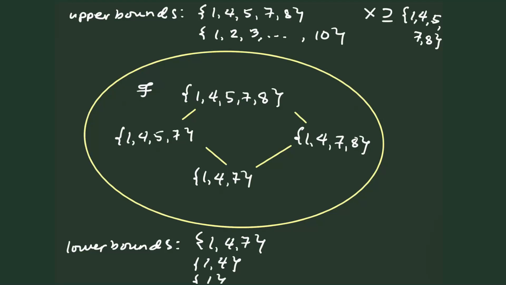Again, when I say less than, the relation here is subset, correct? So anyway, I keep on interchanging less than with subset. But in general, if we're talking about a partial order, we can always view the relation, and I will always be referring to that relation as less than or equal to. Okay, so anyway, we have a lot of upper bounds for our set F.